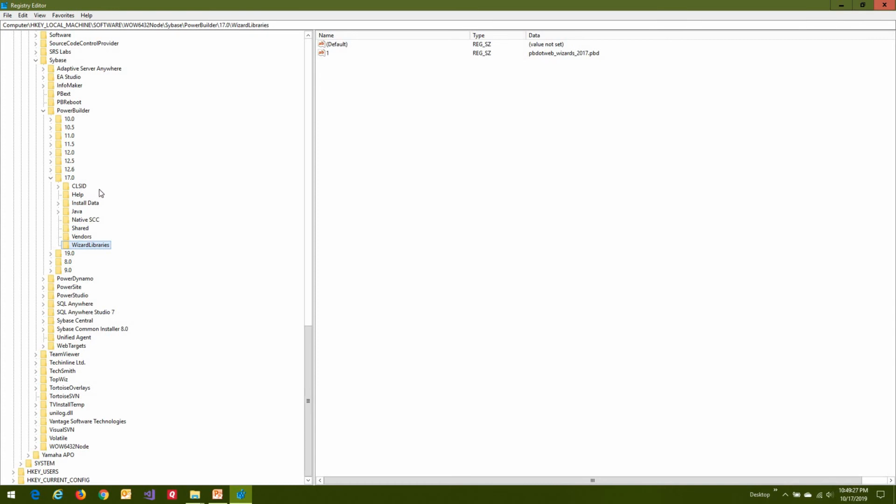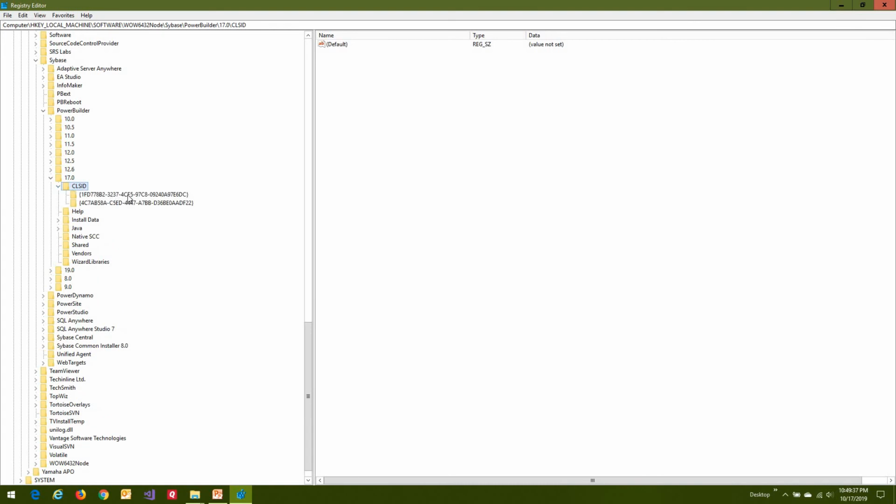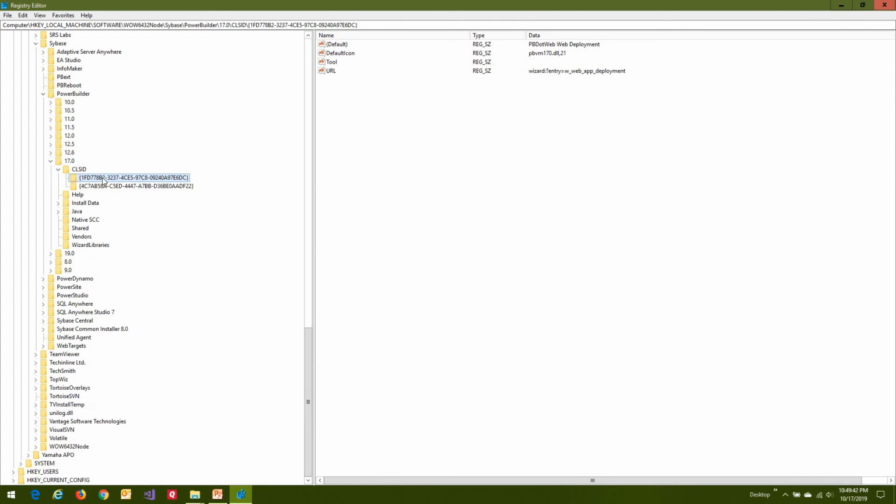If you want your wizard to appear on the new window, you have to create this CLS ID folder, and then below that, each item on the new window that you're adding has to have a GUID as the folder here. So I actually used the create GUID function from the wizard library itself to create these. And the values under that GUID folder,